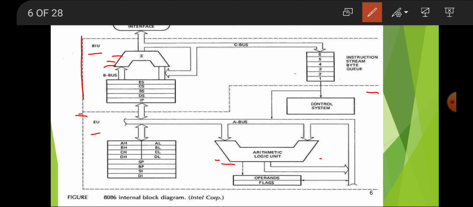So what happens is it becomes a very time-consuming process, because the first instruction is executed and only then can you fetch another instruction. In the 8085 it is time-consuming, but the 8086 has some extra built-in features, an instruction byte queue. As soon as an instruction is executed, at the same time the next instruction can be fetched.